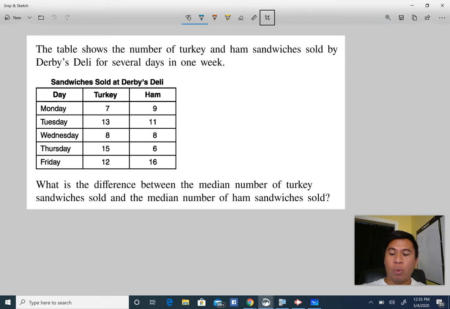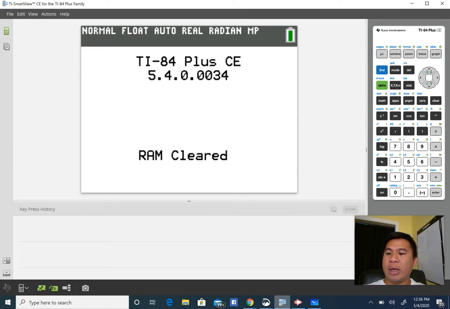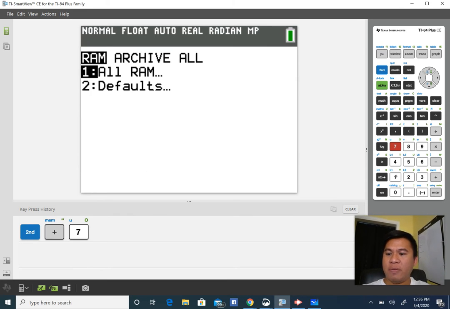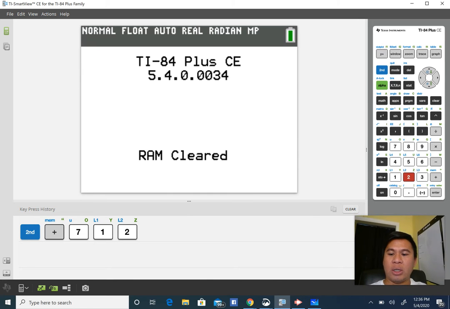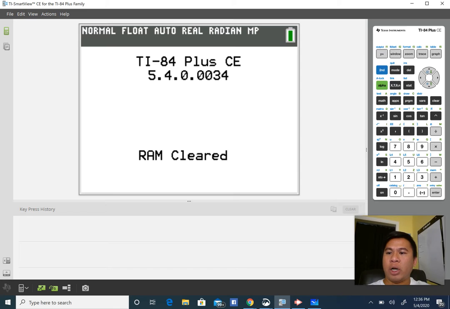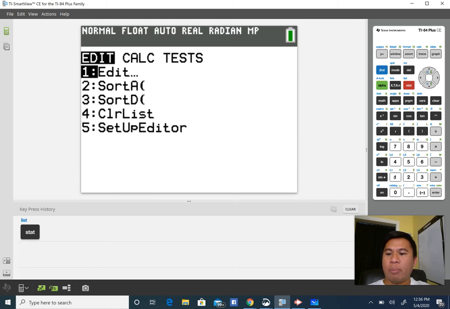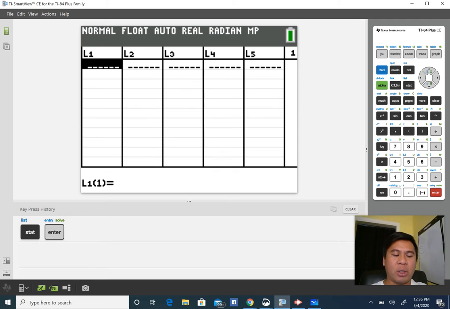Again, we can compute the median value of each of those, turkey and ham, using either our Desmos or our TI-84 calculator. This time, let us use our TI-84 calculator. On our TI-84 calculator, we make sure that the random access memory is cleared by pressing second, plus, 7, 1, and 2. After that, we're going to go to stat and number 1 for edit, or we can simply press enter. Under L1, we can put all of the values